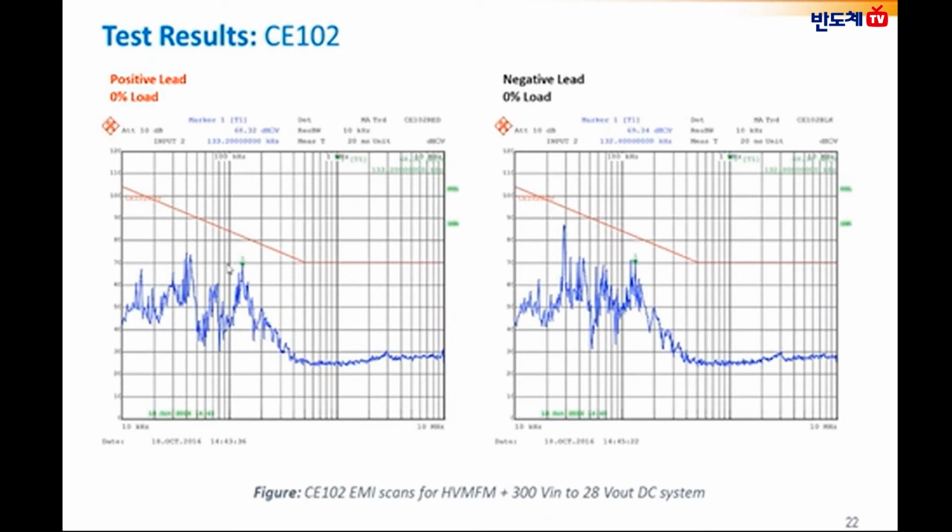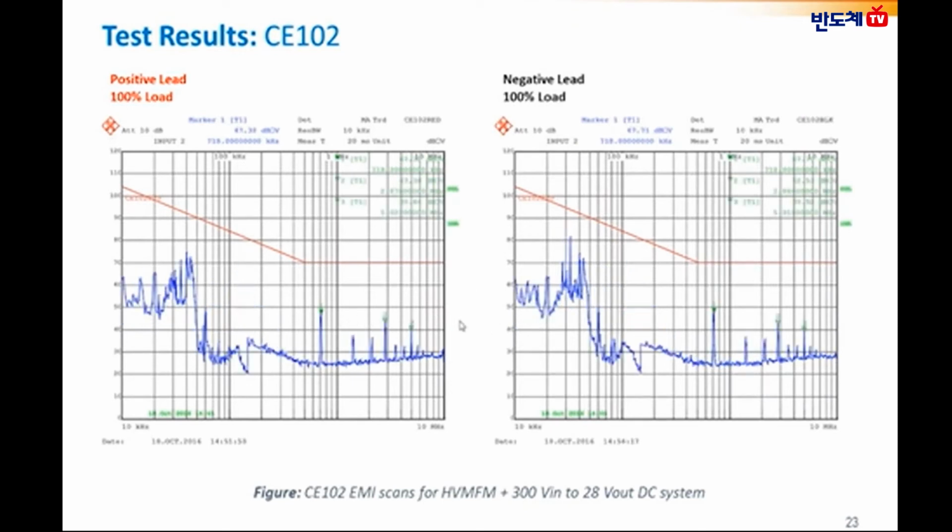And here are some of the transient immunity test results for a 28 volts V-in DC system. The typical test setup was LV MFM plus 28 volts DCM in a VIA package with 12 volts output. The figure on the left shows a high over voltage transient with an amplitude change from 28 volts, as shown in the dark blue,